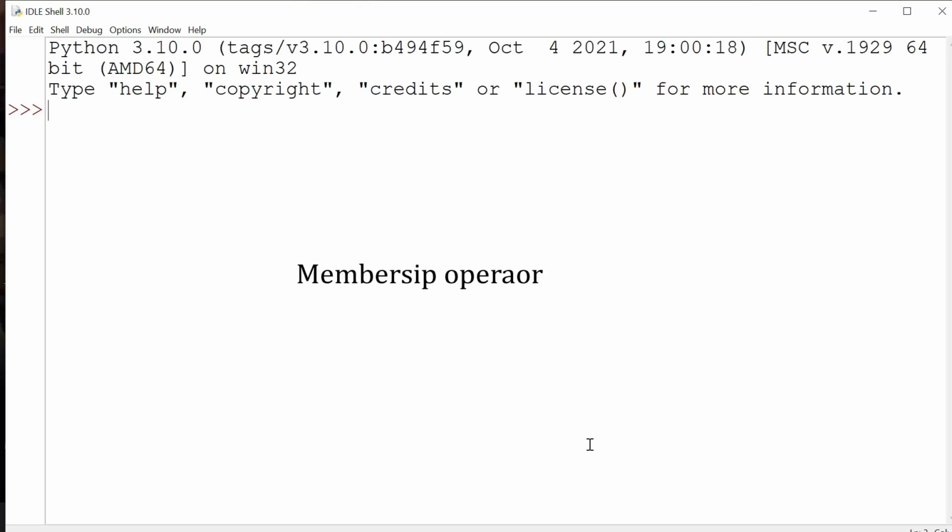Membership operator. This operator is used to check whether a value is in a sequence such as a string, list or tuple. Now we're going to check whether our character is in the word string or not. Yeah, it is there, so it returned true.